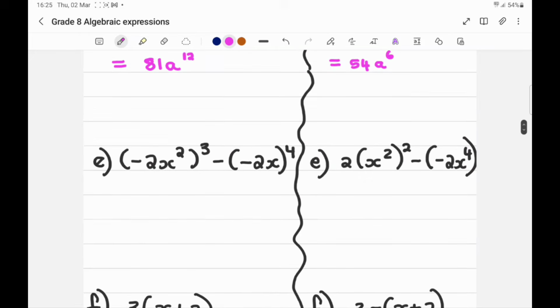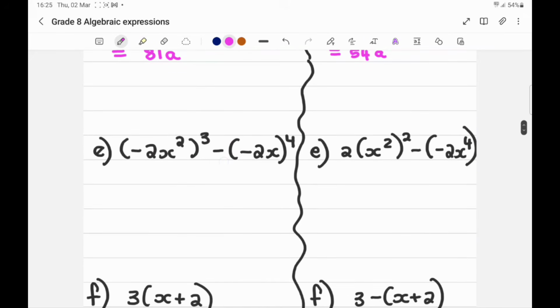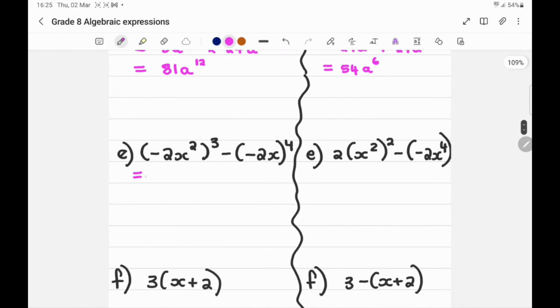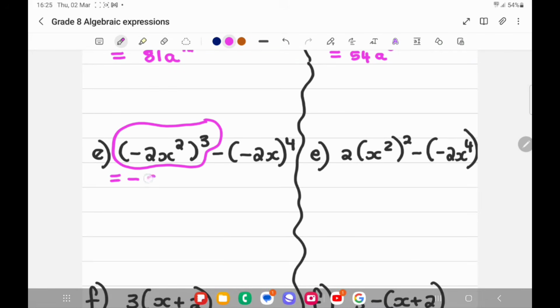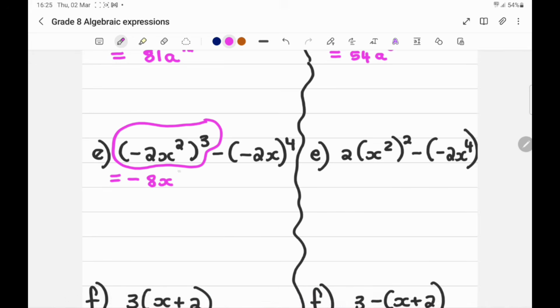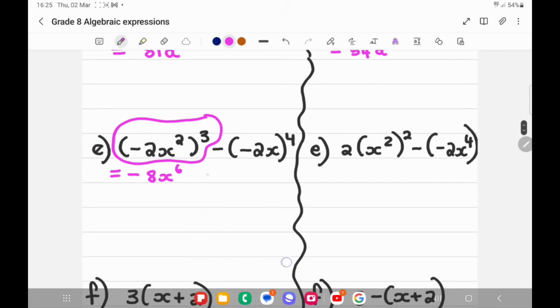All right, the next one. A negative raised to an odd number stays a negative. So this is that exponent rule where everything inside the bracket is raised to the power of 3. 2 to the power 3 is 8. x to the power 2 times 3 is 6. Minus